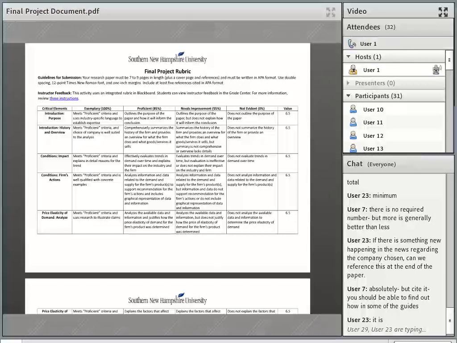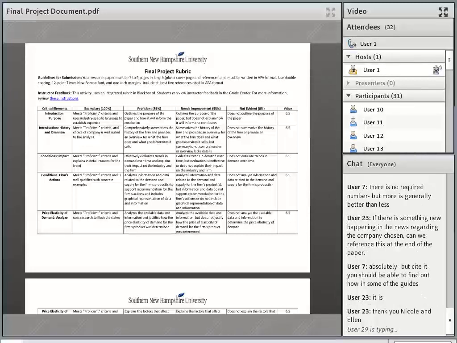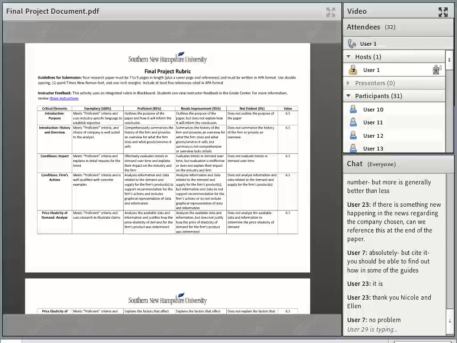All right. So that's the first one where I think it would be pretty straightforward for anybody who's already at proficient to move to exemplary by just adding in what you already know now that you've written your paper and you've developed a lot of expertise on your company. All right. So the next one I want to highlight is in the detailed conditions impact. So you'll see that to get exemplary here, you need to meet the proficient criteria and